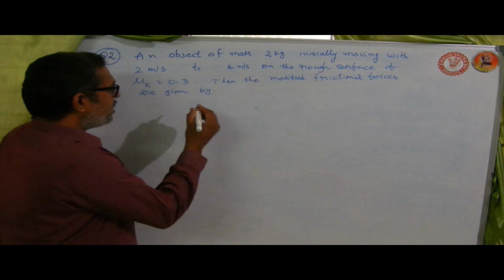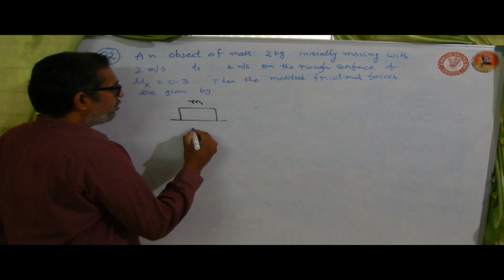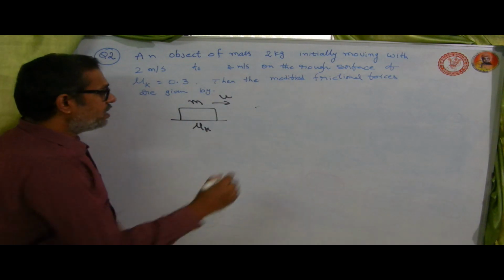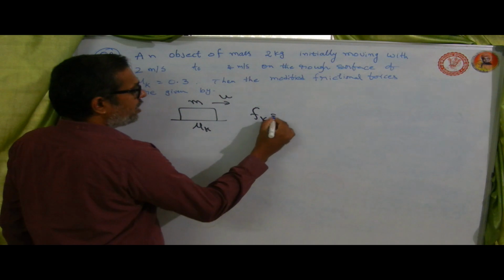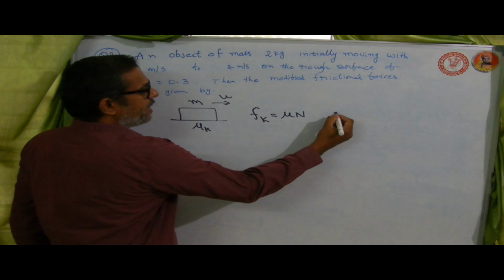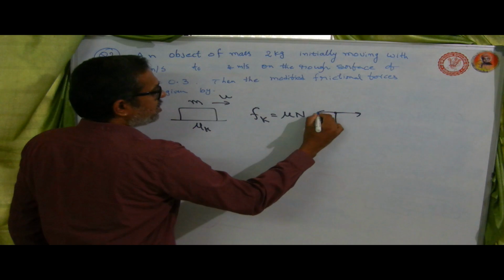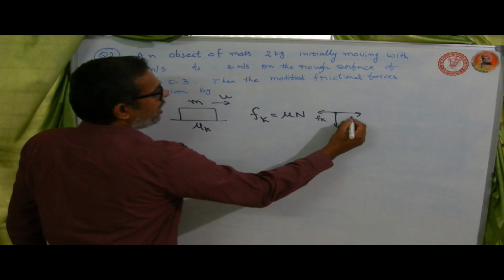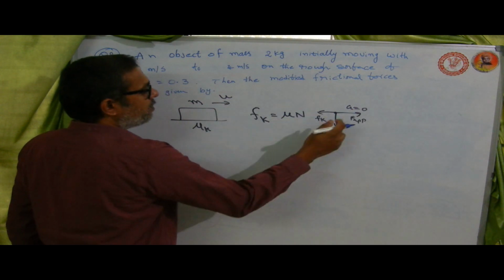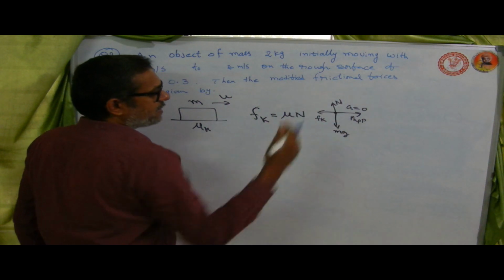Let us see. In the given problem, here is the block of mass m. The coefficient of friction is mu k, and it is moving uniformly with speed u. Then the frictional force Fk you can write as mu into normal reaction. Preparing the free body diagram for this block, the block is moving in this direction and the frictional force Fk acts in the opposite direction, and this is the applied force. Acceleration a is equal to 0 because it is moving uniformly here. In case 1, mg we can write down, and the normal reaction will be like this.